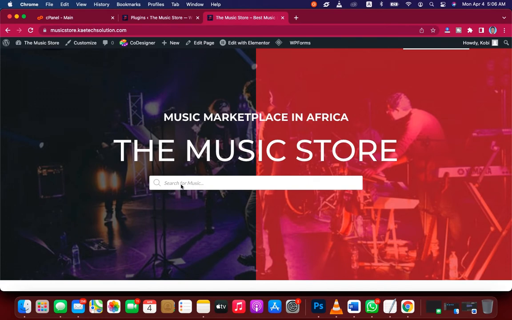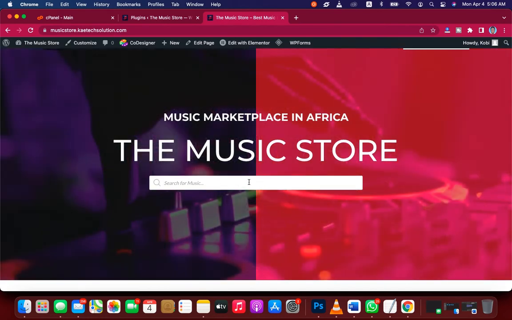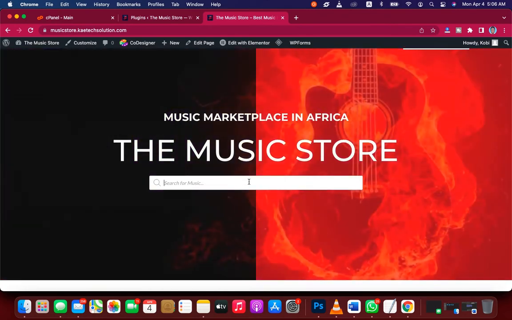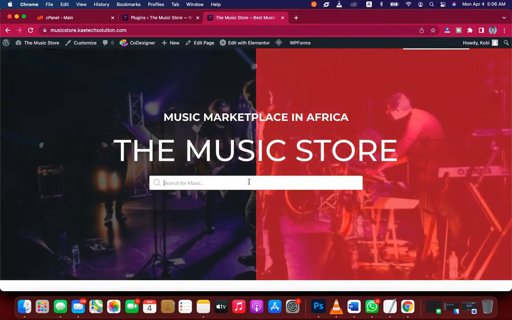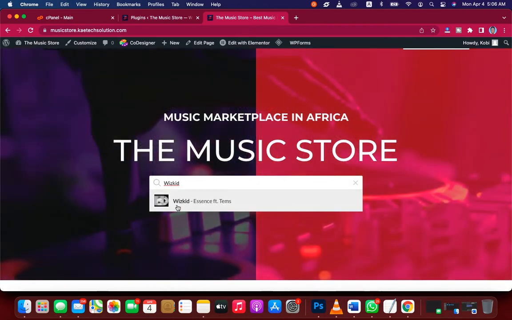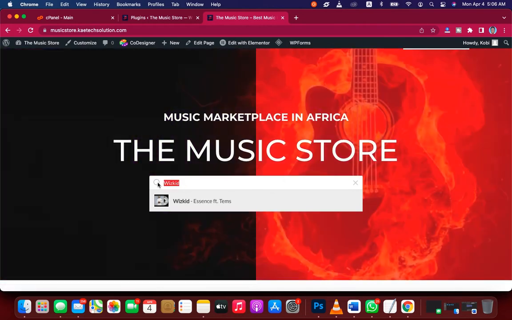And it also has a search bar over here where people can come and search any songs that they want, only if you have it on your website. So for instance, maybe somebody is searching for a Wizkid song. Let's say the person searches for Wizkid. If it is over there, Essence comes up, and then the person can click on it, and go and download